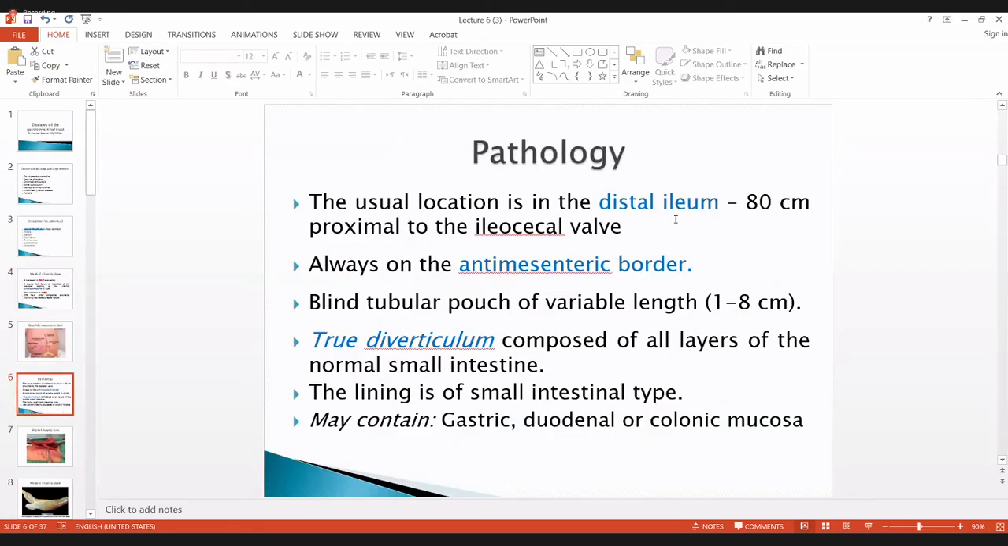So the pathology is usually located in the distal ileum, 50 centimeters proximal to the ileocecal valve, always on the antemesenteric border. Blind tubular pouch of variable length زي ما حكينا, it is a pouch, يعني بتكون إلها lumen blind ended, مسكرة من الآخر. True diverticulum. ليش true diverticulum؟ لأنه it involves the three layers اللي هم all the layers اللي هم